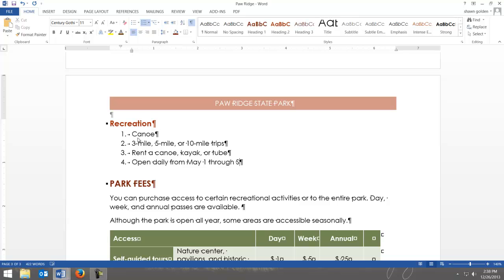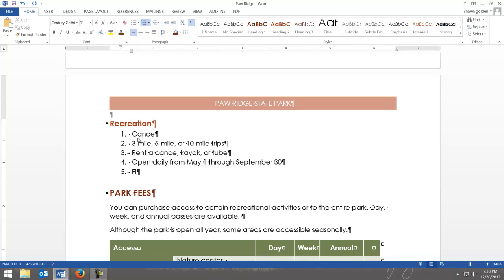Oops, September 30th. Okay, now I'll start the next group, and you can do this a number of different ways. You can type all your ordered items down and then manipulate it, or do it as you do it. That's fine. But what I want to show you is I'm looking in the book